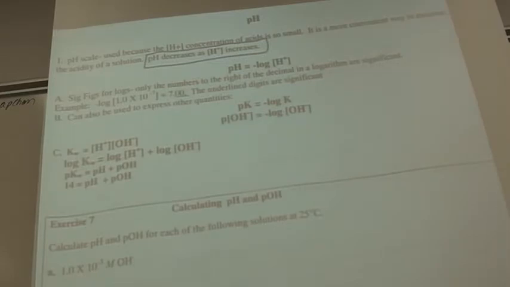Here's how you work your calculator. The negative log of the hydrogen ion concentration, I'm going to say it's 1.35 times 10 to the negative 8th, would give you a pH of